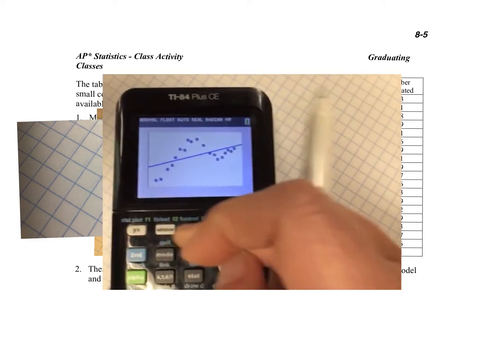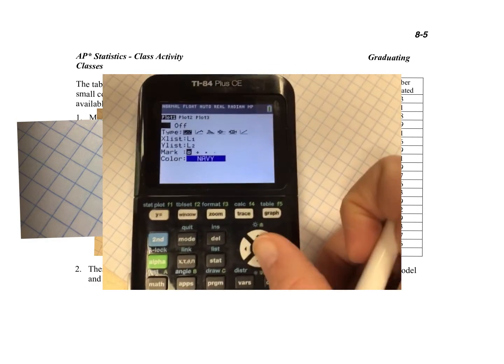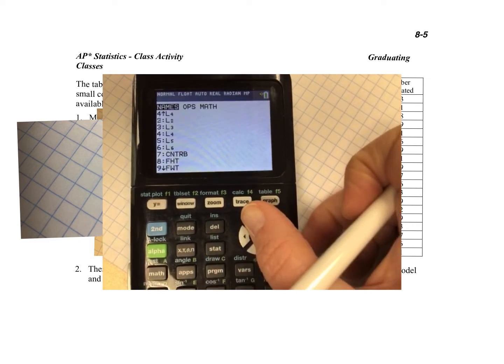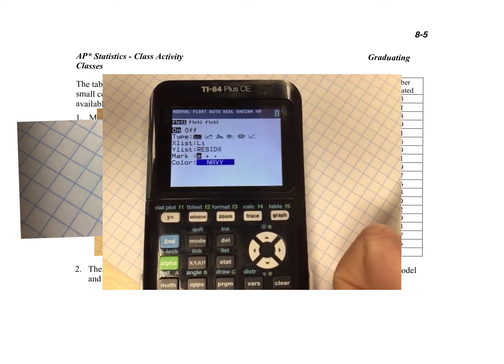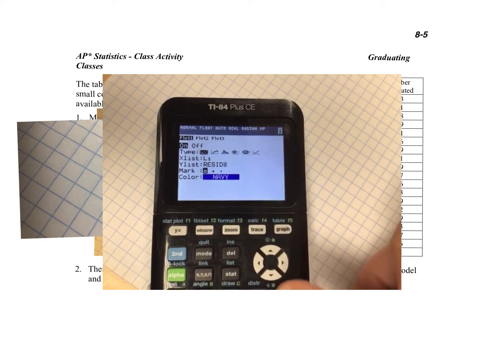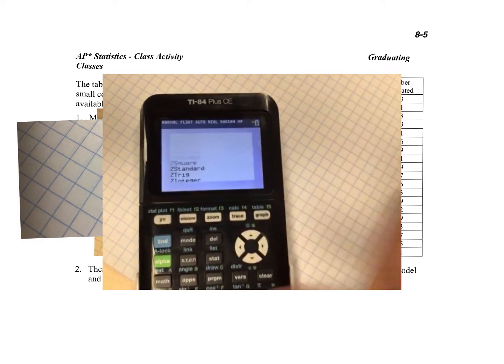Then, let's go to our stat plot. And let's change my Y list to resid. Second list, up, resid. Make sure you do the lin-reg with me first, otherwise it's not going to work. It's going to say dimensions mismatch because you're not going to have the right number of data values in your